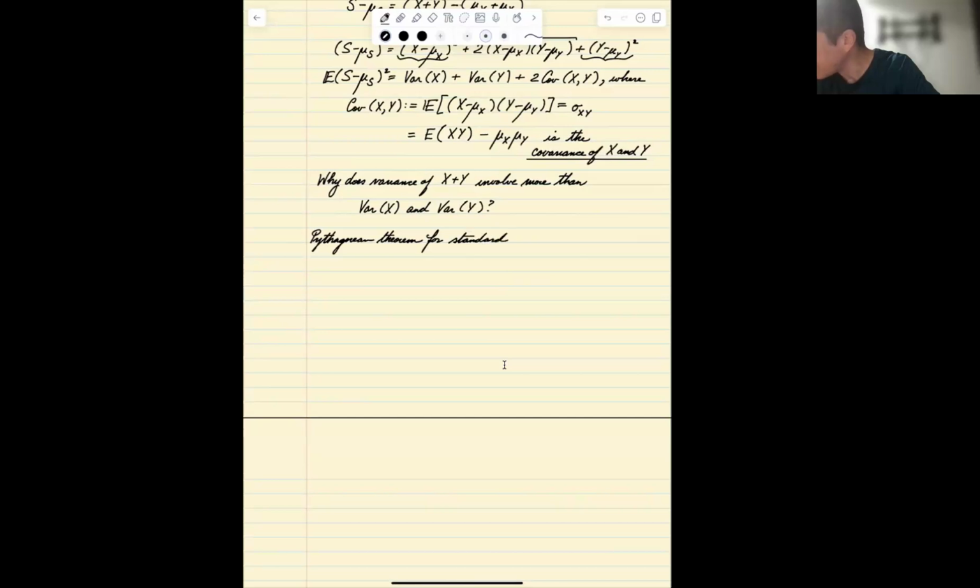So you've probably heard of the Pythagorean theorem from first grade or whenever they teach that. It has to do with the lengths of the squares of the sides of a triangle. And there's some intuition for that with random variables as well. So a key fact, a fact that I won't prove here,